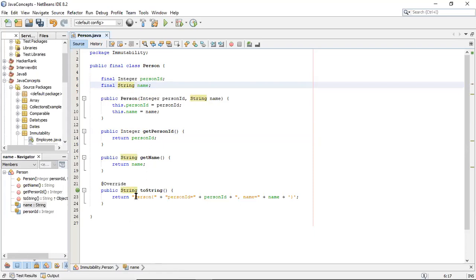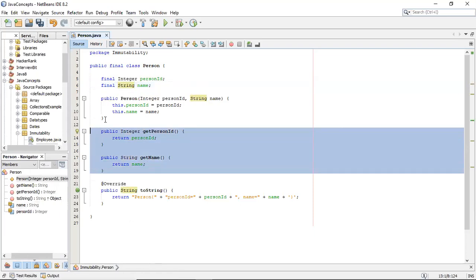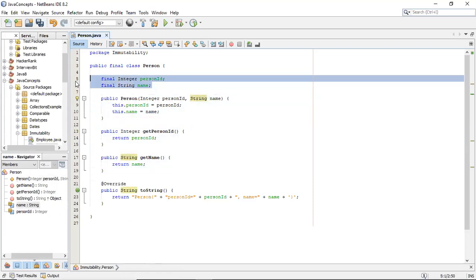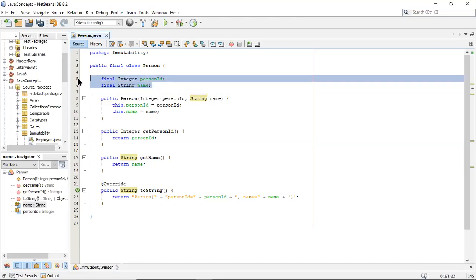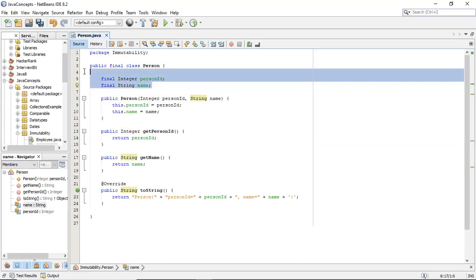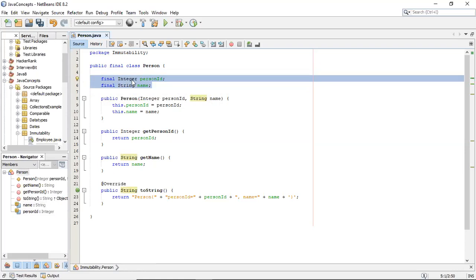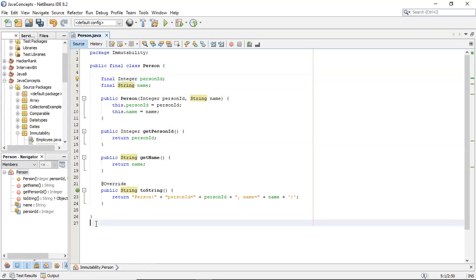So I hope everything is clear to you that there are no setters. The constructor is like this. The fields are marked as final. Class is also marked as final. Also keep this thing in mind, which people forget often, is we need to have immutable classes here, or otherwise we need to have primitive objects. Okay, either primitive objects or the immutable classes.